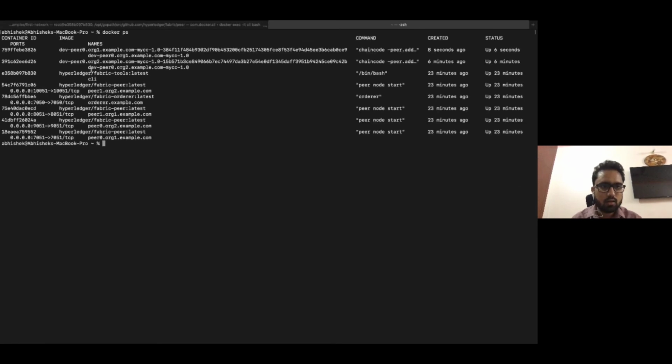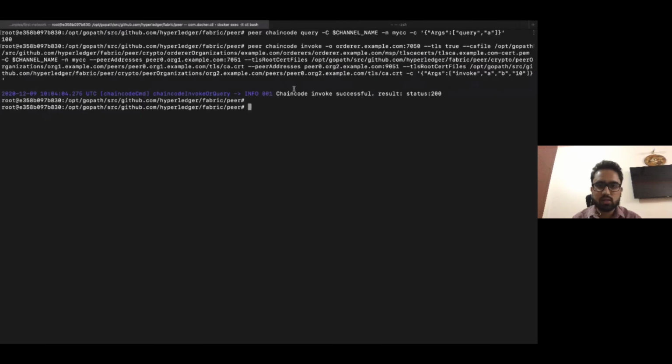Now as you can see, there are two containers. Earlier the container was for just peer 0 org2, and that is the smart contract container. Now it has created a container for peer 0 org1 also. Now this chain code invoke is successful.